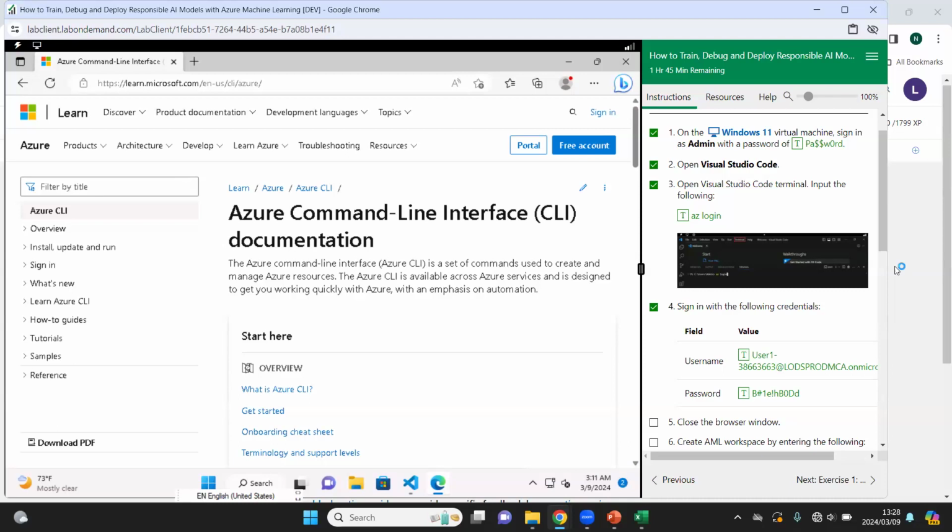From there, click the link that I just shared in the chat area. If you are very far, just keep going. After clicking the link that I just shared in the chat area,